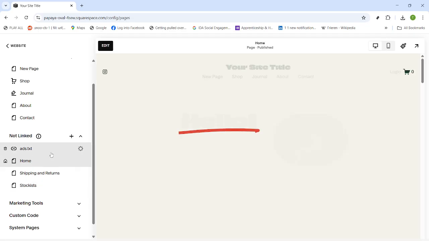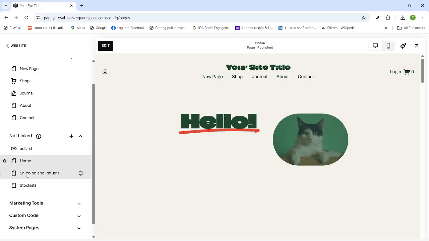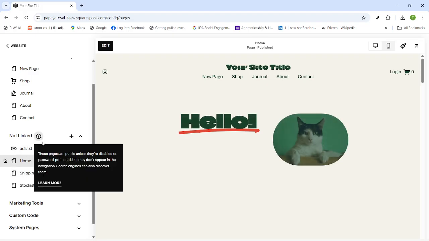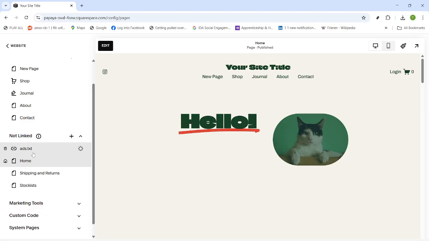A couple of quick tips as you wrap up. After a few minutes, you can visit your domain followed by /ads.txt in your browser to make sure you can see the file's contents. If it doesn't appear right away, give it a little time or clear your cache. If your ad partner ever updates the file, repeat these steps and upload the new version to keep everything current. You've successfully added Ads.txt to your Squarespace site, helping ad platforms